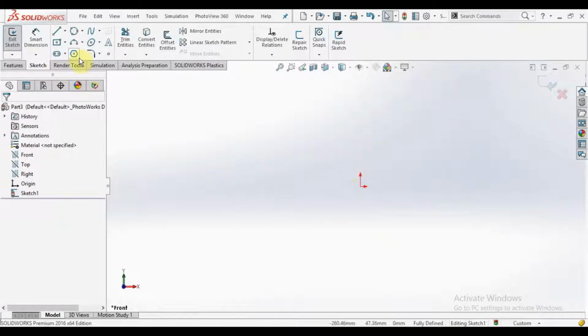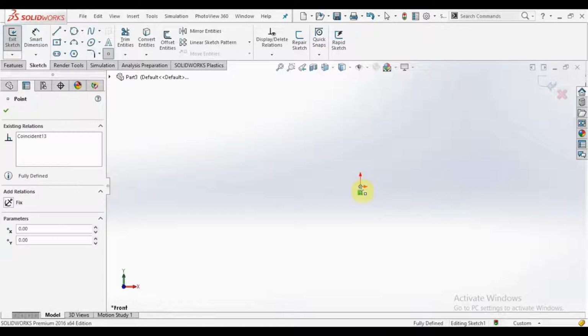Our next topic is ellipse. For an ellipse, select ellipse and give the center point.